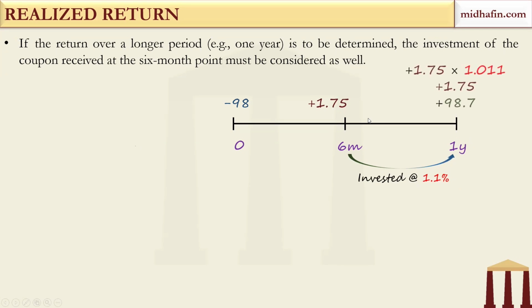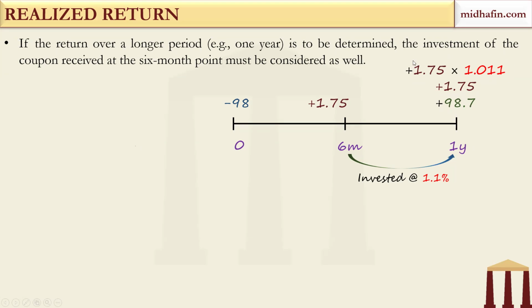Okay, and then finally at 1 year, you receive $1.75, and let's say you are able to sell the bond at $98.7. So you receive $98.7 at the end of the holding period by selling the bond. So there are 3 cash flows at the end of the holding period. First cash flow is the cash flow from selling the bond. Second is the final coupon when you sold the bond. And third is the